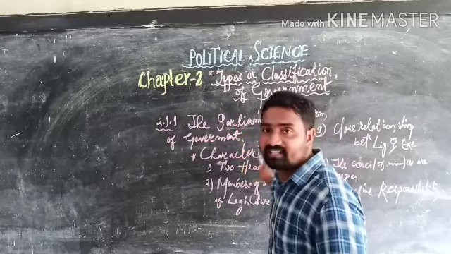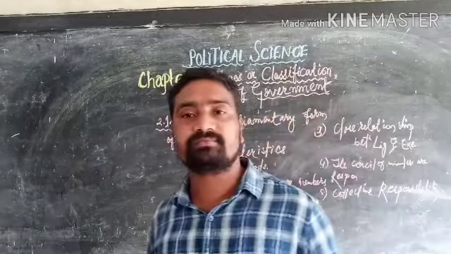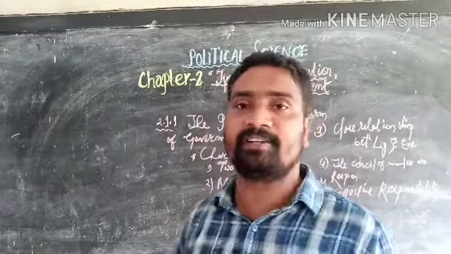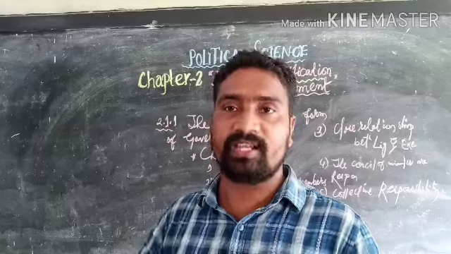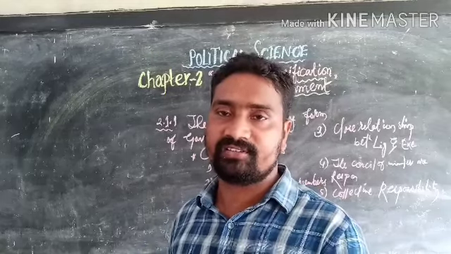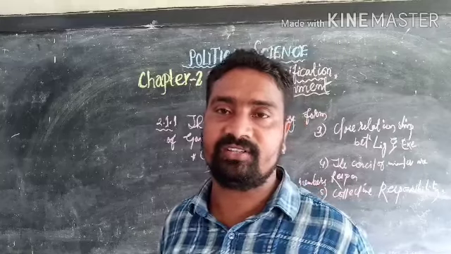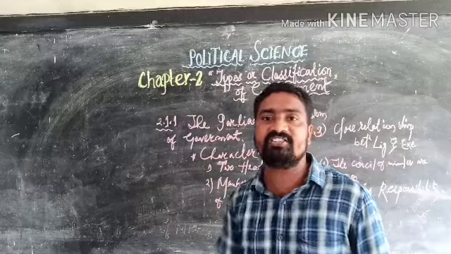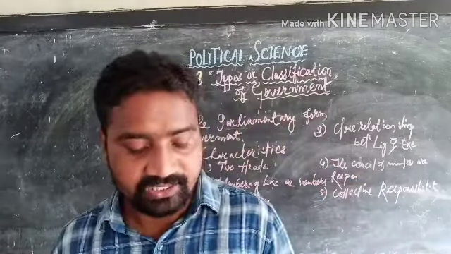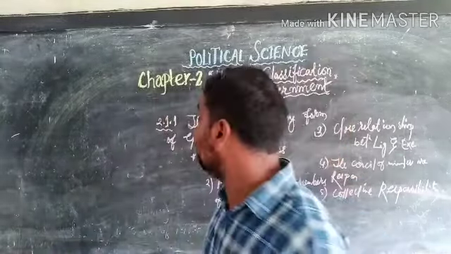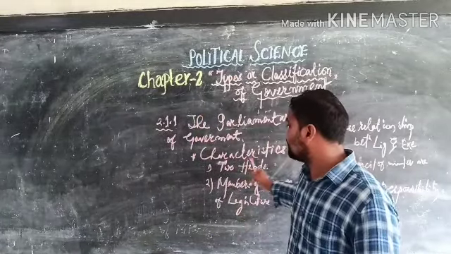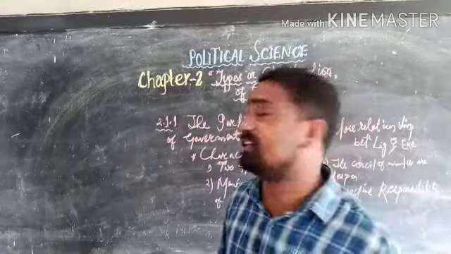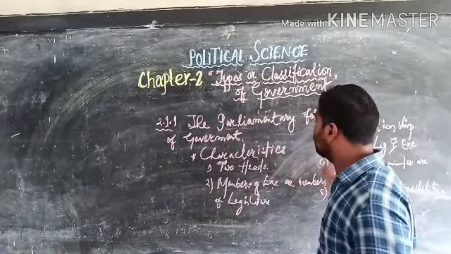So now let's see. Before we come to the characteristics, you should know one more point, that is where the parliamentary form of government came into existence. It's none other than England. So the birth of the parliamentary form of government is England, its birthplace. So now let's see the characteristics. In your book it's very well given. The five characteristics of the parliamentary form of government.